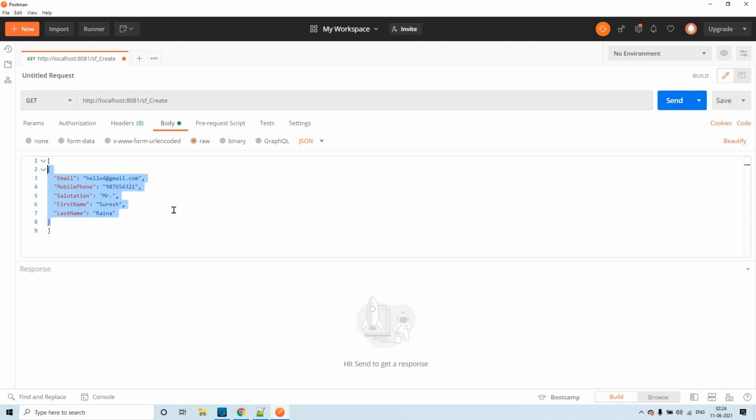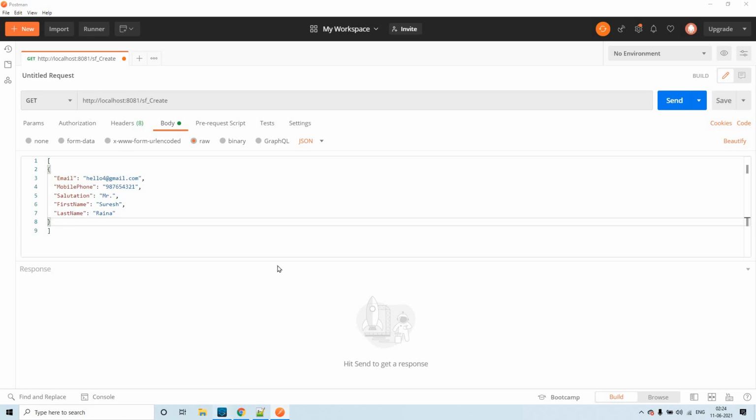Let's first try to insert a single contact, and we'll explore inserting multiple contacts at a time.